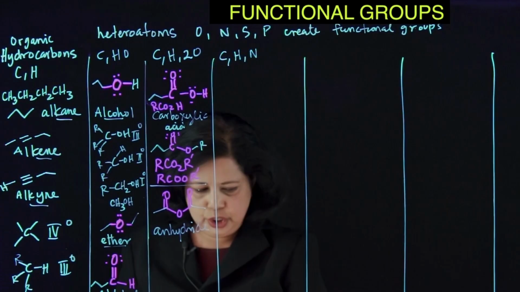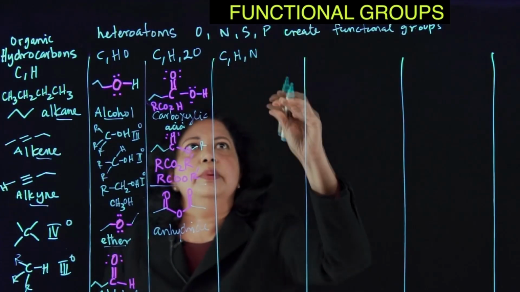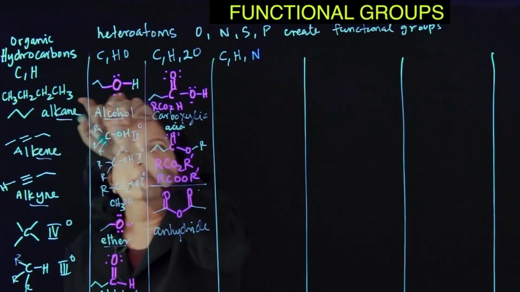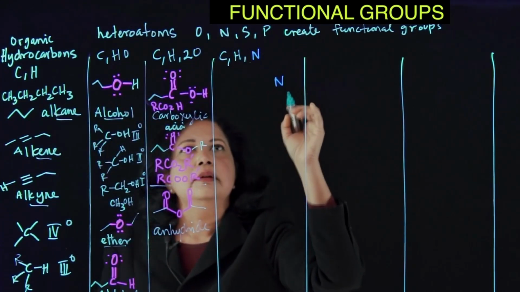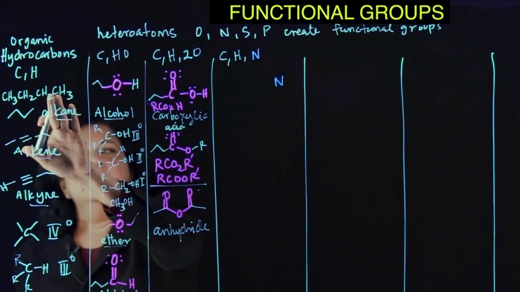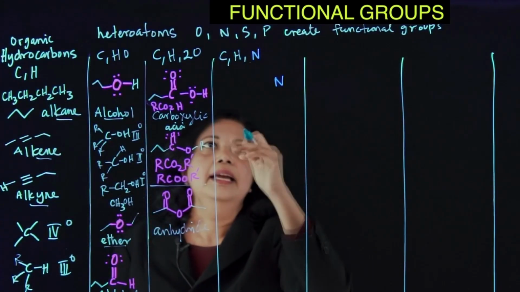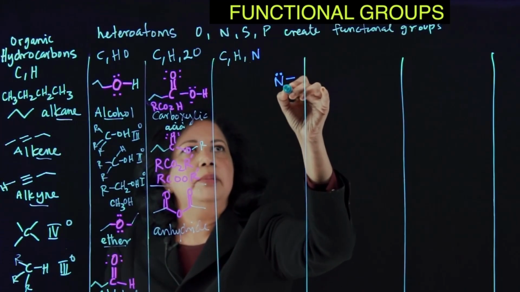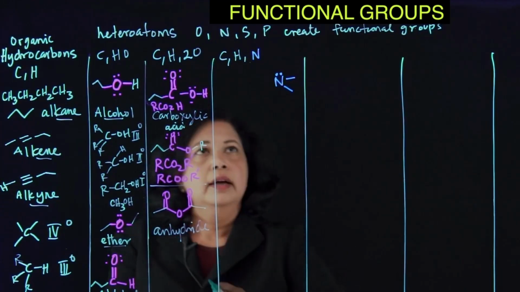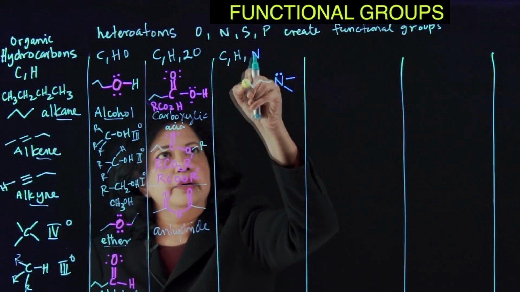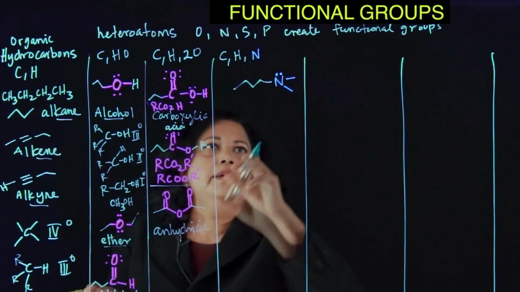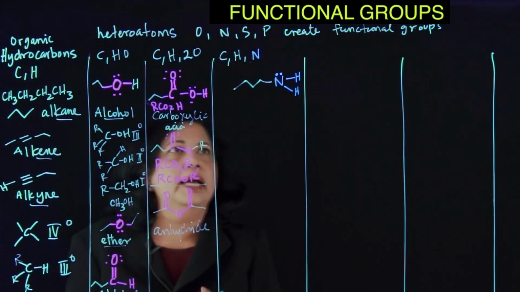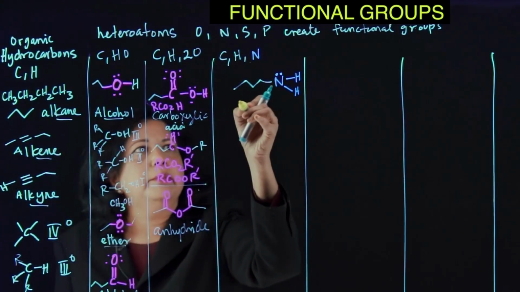So where does the nitrogen go? We can put the nitrogen at the end, just like here, or we can put the nitrogen in the middle. Those are the 2 options. Nitrogen has to have a lone pair and 3 bonds for it to be neutral. And you can have an R group, so any R group here. And here, if it's at the end, you'll have hydrogens. So that is a primary amine.